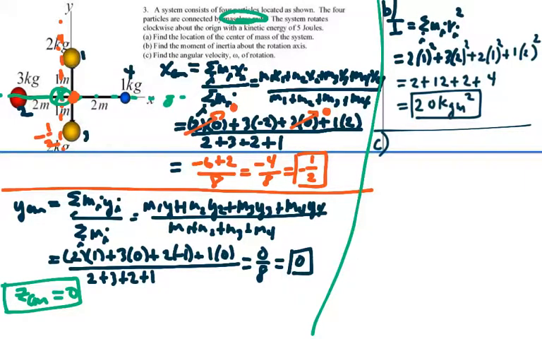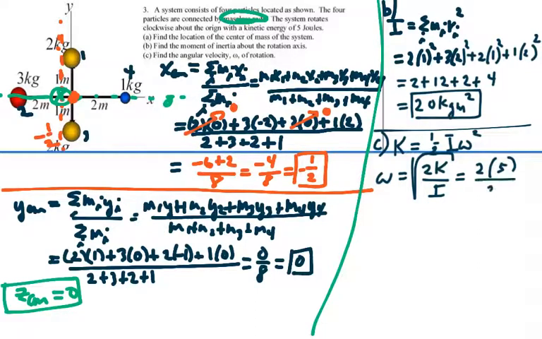Find the angular velocity, omega, of the rotation. We're told that the kinetic energy is 5 joules, and the kinetic energy should be equal to 1/2 the moment of inertia times the angular velocity squared. So let's reverse engineer this for the angular velocity. So we have angular velocity is going to be the square root of 2 times the kinetic energy divided by the moment of inertia. So that's going to be the square root of 2 times 5 joules divided by 20 kilogram meter squared, which is the square root of 1/2,